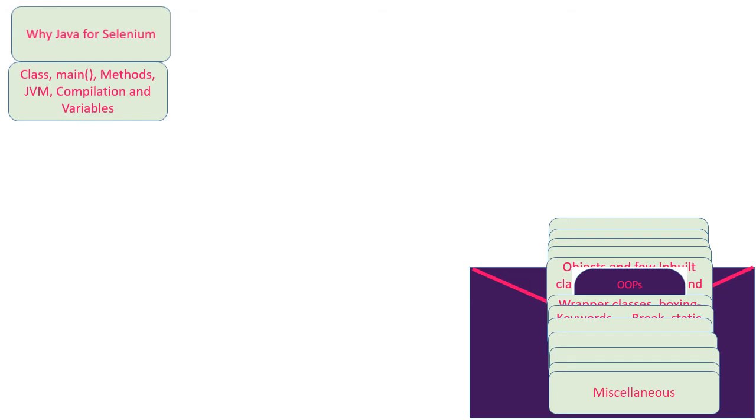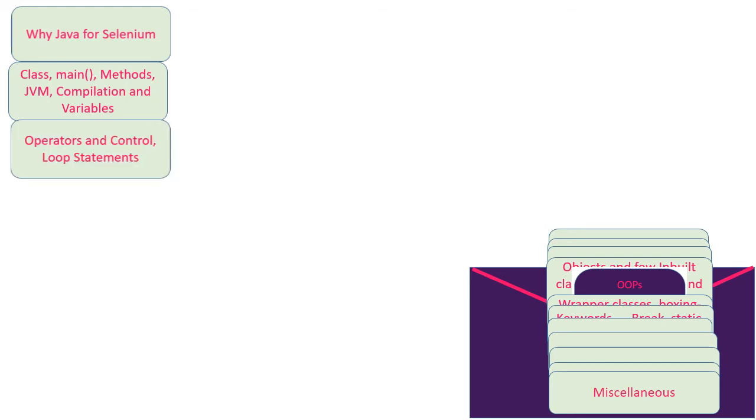After that we are going to learn the concepts called class and the main method, and what a method is in general. We are going to discuss JVM, compilation, and the variables. These are the concepts we are going to learn in a series of videos. Each topic is covered in a video, and those videos are going to come in future, a little later. So the next concept will be